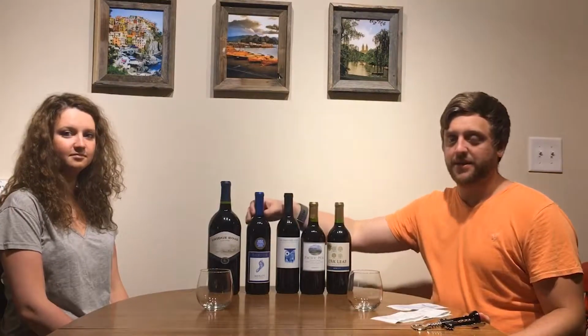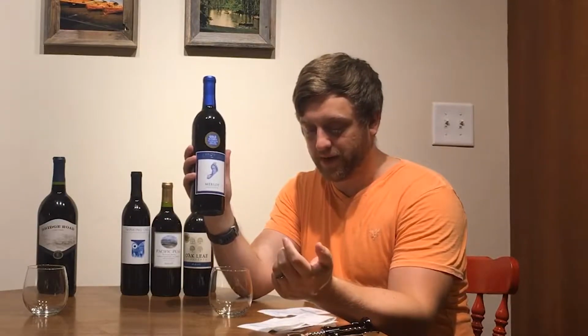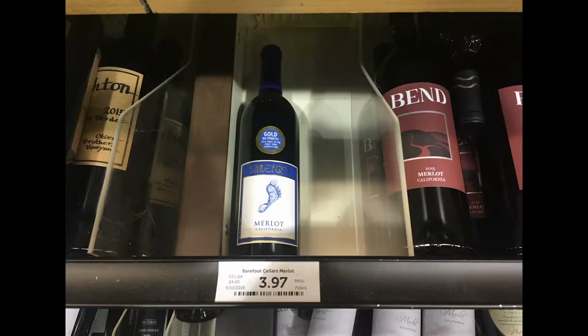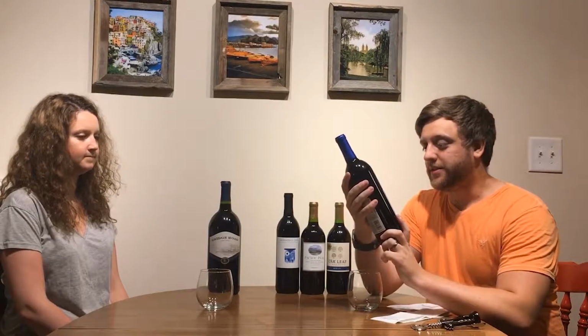So the next one is the Barefoot Brand. This can be bought at a lot of places. I know I've seen it at Walmart, but I got it at Total Wine and More. It was $3.97. So this is one that's below $4, but it wasn't below $3. But Barefoot's a really well-known brand. Says it's won the